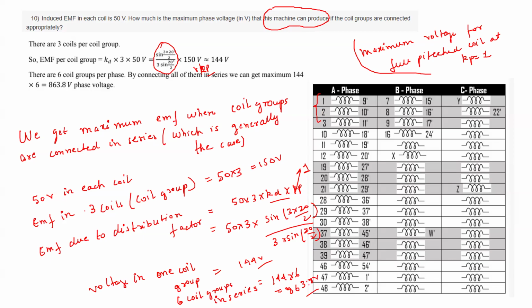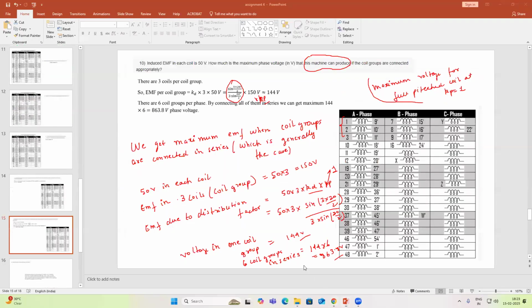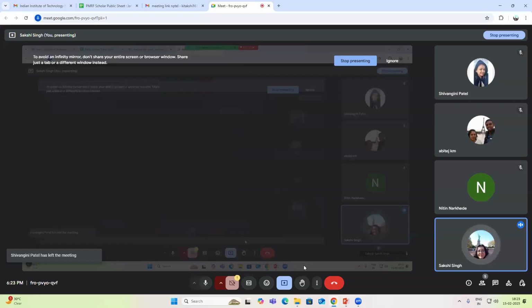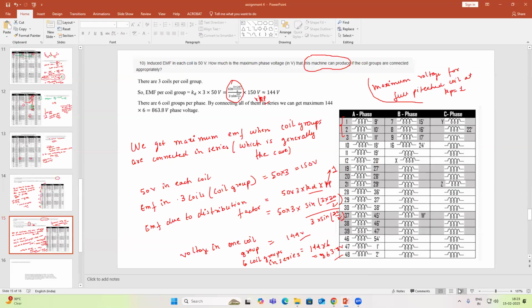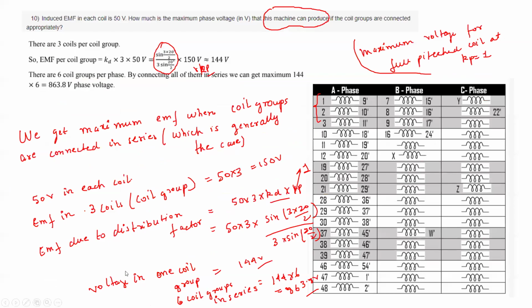So is this clear what I am saying here? Till now, is this clear? If there is any doubt, please ask. Because this is very important for you to understand these questions, because the two consecutive assignments have these kind of questions only. So in the final exam also you will find a considerable number of questions from these two. So that is why you have to understand this. I hope this is clear. If you have any doubt, please ask.